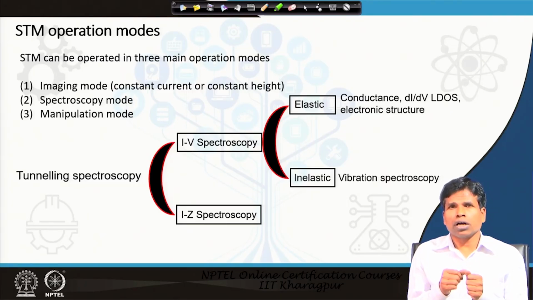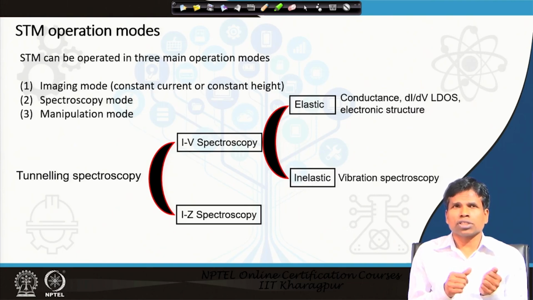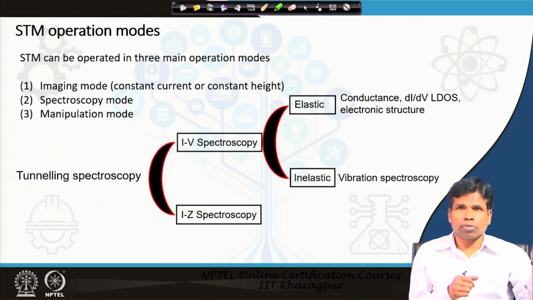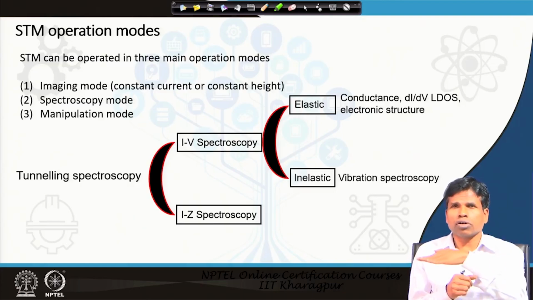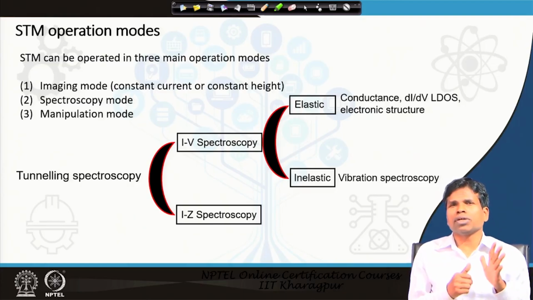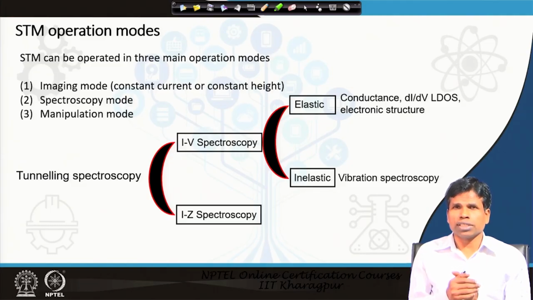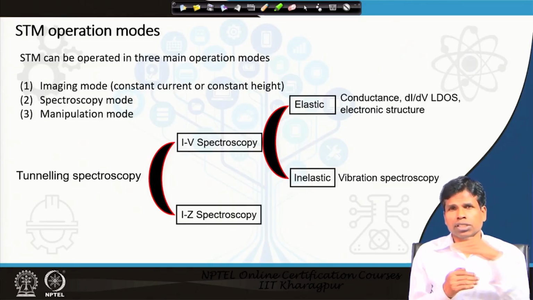Now, in the previous case of the imaging process, what we do is put the tip in constant height mode and measure the current, and that current we use for imaging purposes. And when we measure the current, the bias potential remains constant. The bias potential is either 0.1 or 0.5 or up to 1, like 0.1 to 1 volt is used as a bias potential between the sample and tip. So, the bias potential is kept fixed and we measure the current